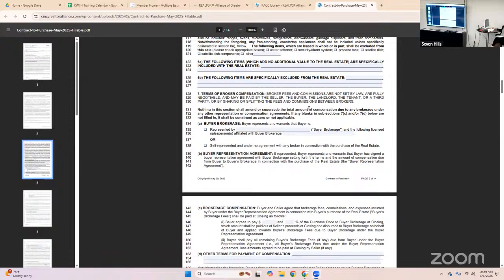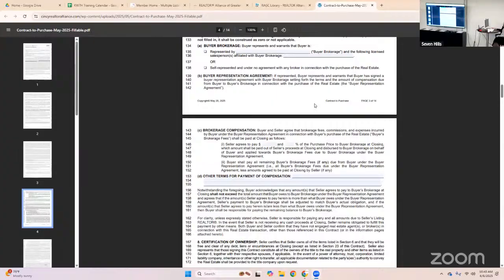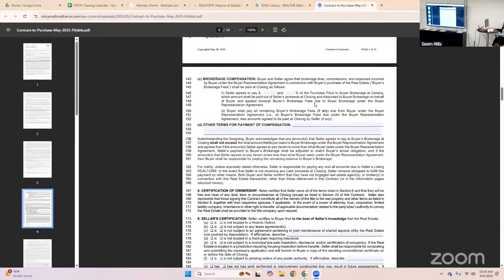And that language is not in there. That is brand new. That's what it says. Would it be upheld in court? I don't know. I'm not a lawyer and I'm not a judge, so I don't know. The only way we really figure these things out is when the controversies come up and how they play out, unfortunately. I wish I had better answers for you there. I just want clarity. I just want clarity.